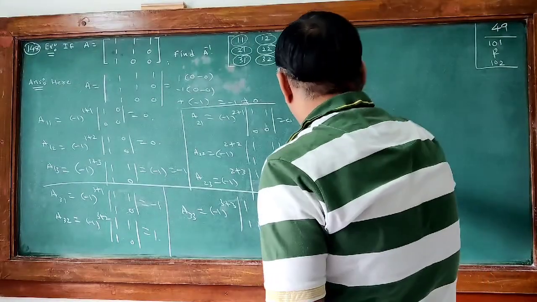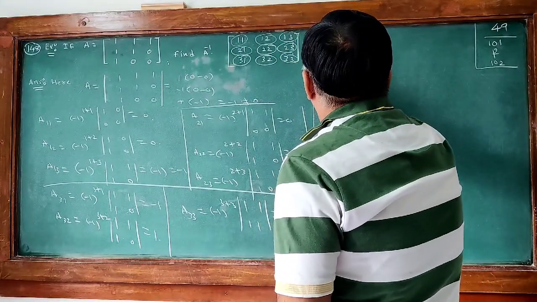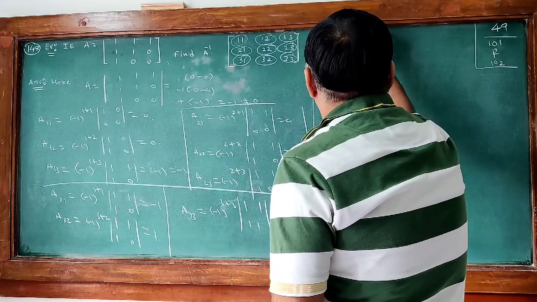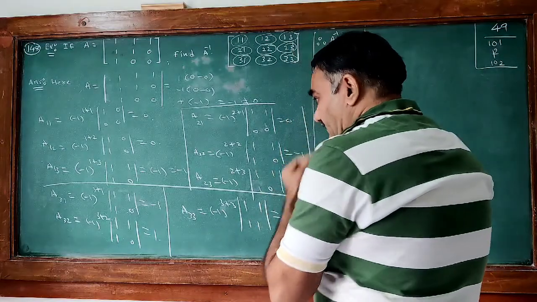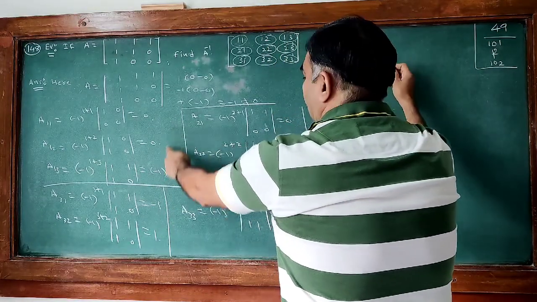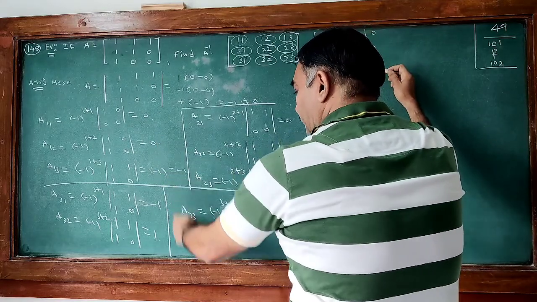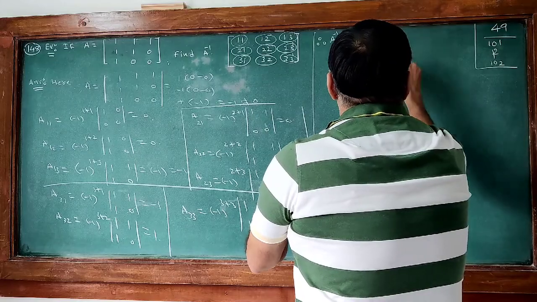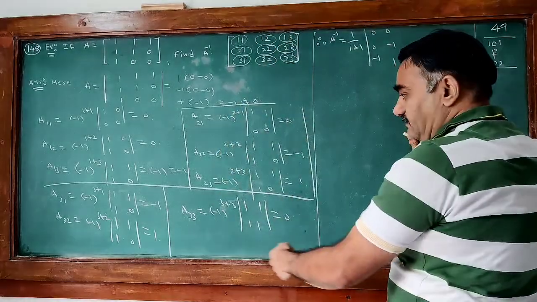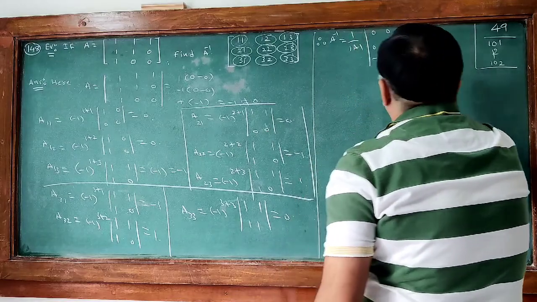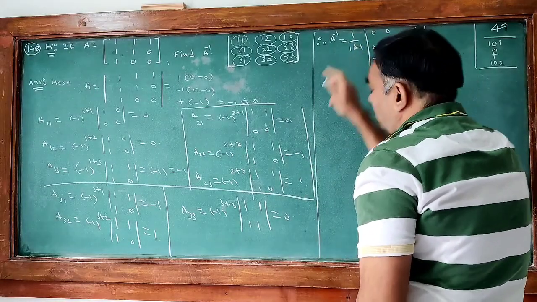And therefore A inverse is equal to 1 upon the determinant of A times the matrix 0 0 minus 1, 0 0 minus 1, then 0 minus 1 1. We write it in the column form, and minus 1 1 0, and it is divided by the determinant of A.